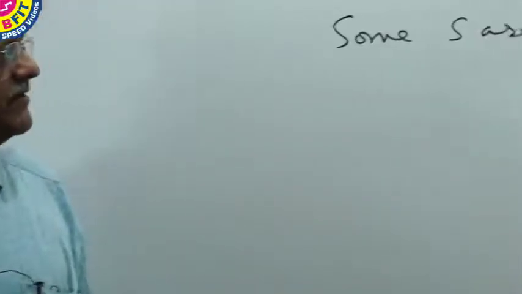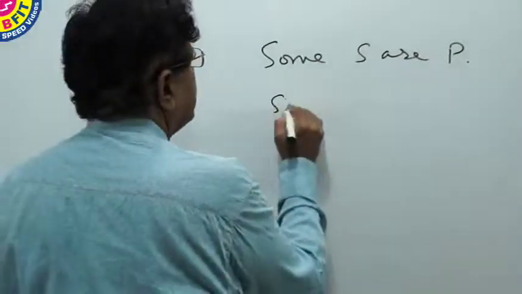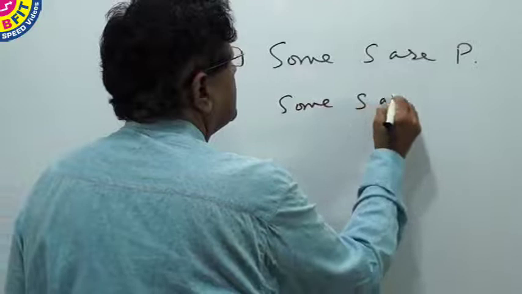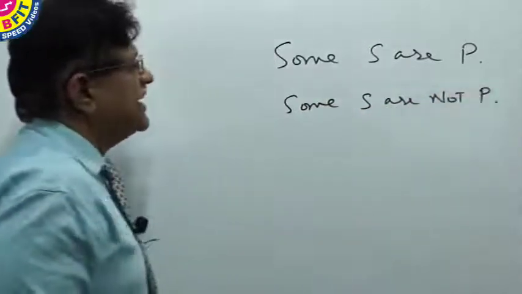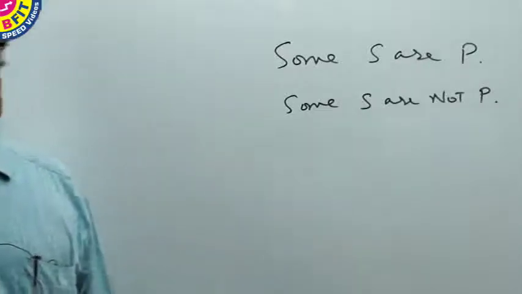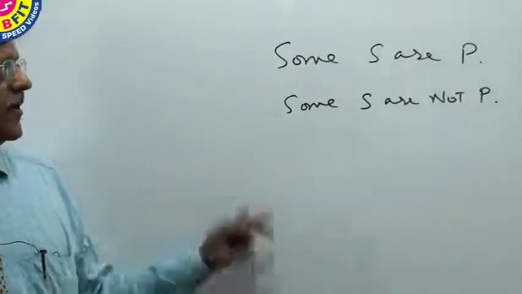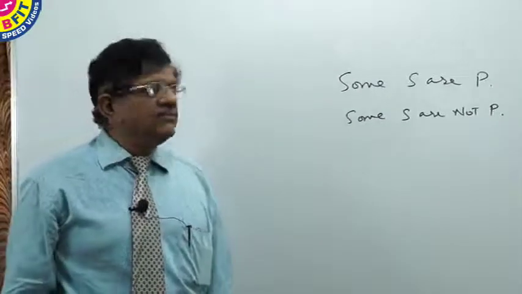Some S are P. From this, can we not draw some S are not P? Some people used to say yes, it can be drawn. It is not correct. You cannot draw, from some S are P, a conclusion that some S are